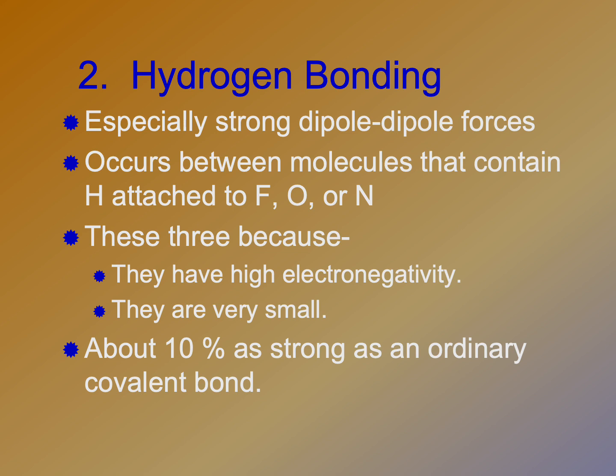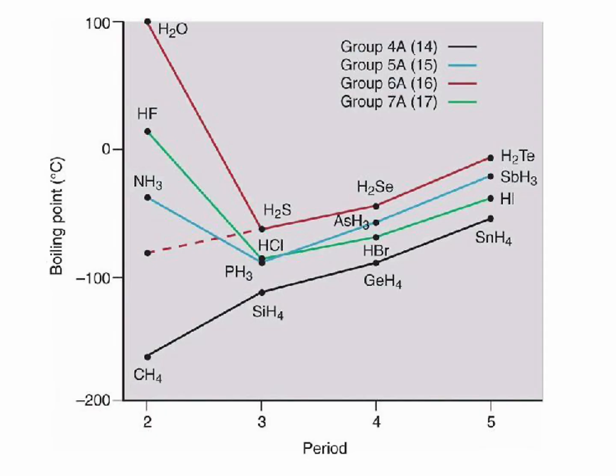A lot of times we said that the intermolecular forces can determine the physical properties of substances. If we look at this chart, this has different substances and it shows their boiling points. And you'll notice that the red line, the very peak, is that water molecule that is very electronegative. But then as soon as you get to those larger atoms like sulfur, that's going to be a little bit bigger, it doesn't have as high of a boiling point because there's less of an attraction between particles. Same thing with the